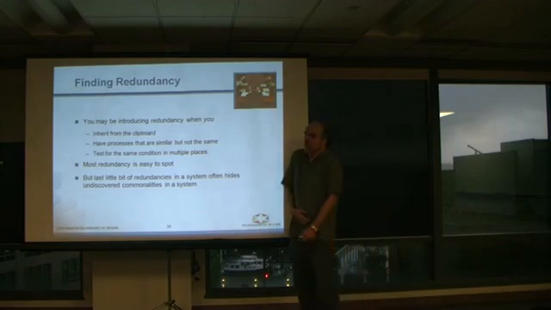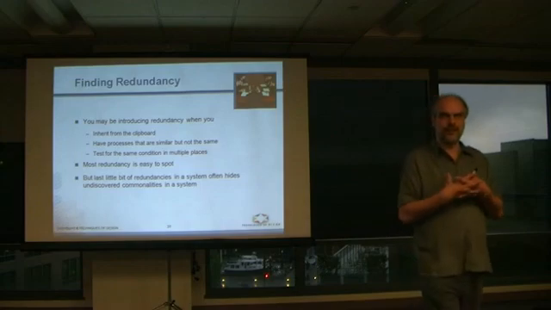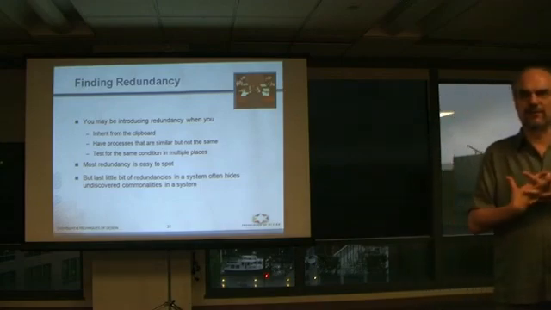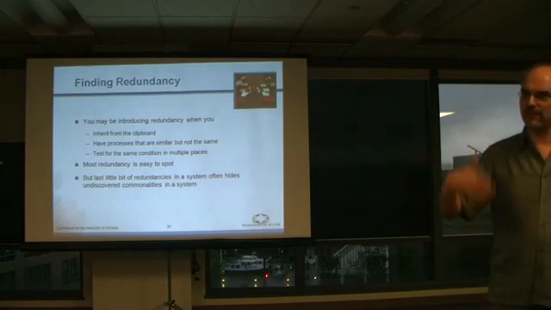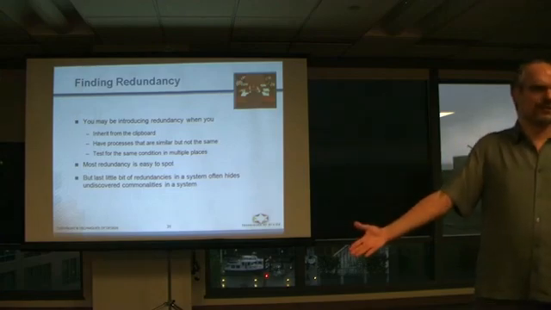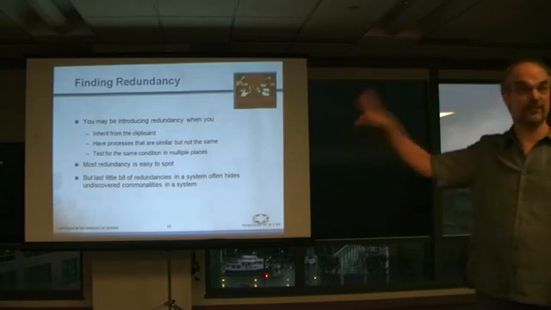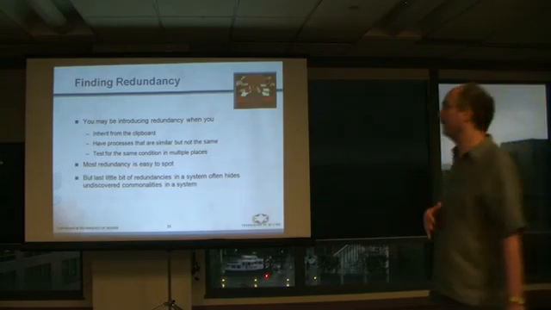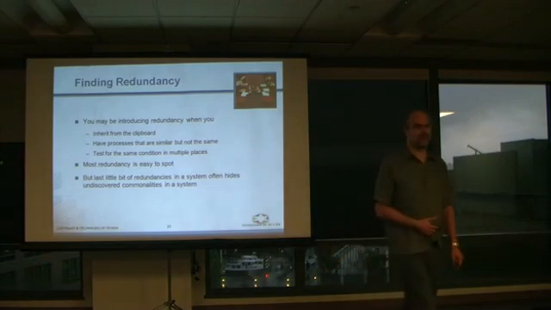So sometimes people say, well, I don't know when I'm introducing redundancy into the system. If you're inheriting from the clipboard, you're probably introducing redundancy. That is, if you copy something when you're just about to paste it, ask yourself, do I really need to have this in 2 places? Or could I maybe put it in 1 place and call it from 2 places? A lot of redundancy is pretty easy to spot.